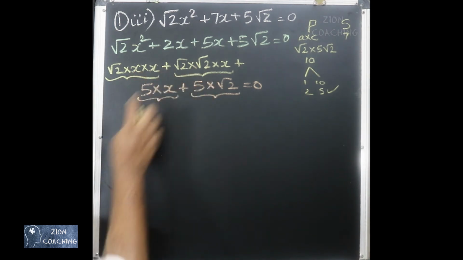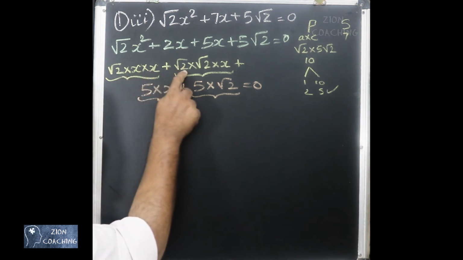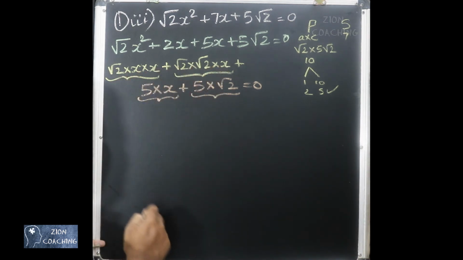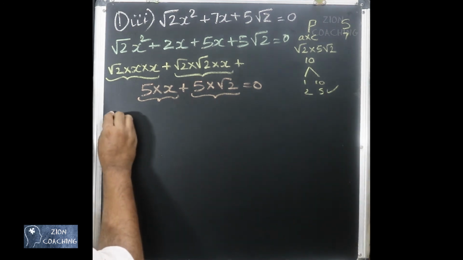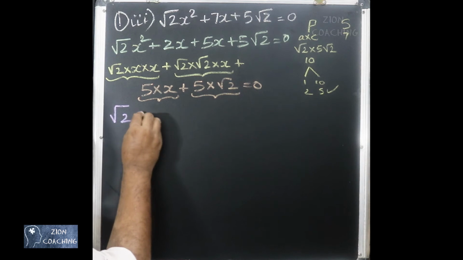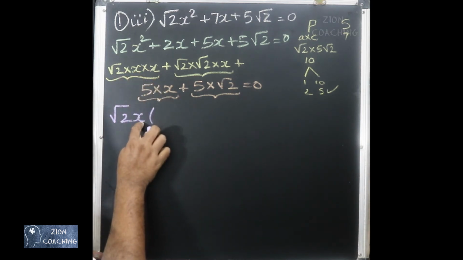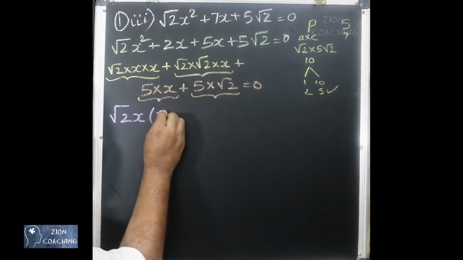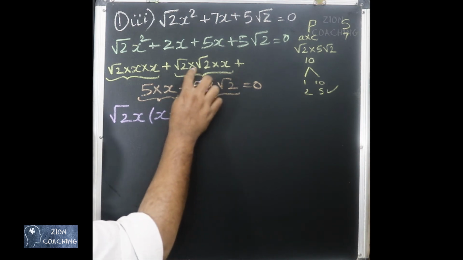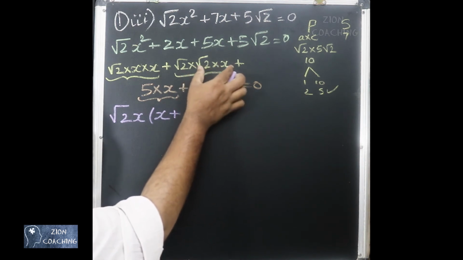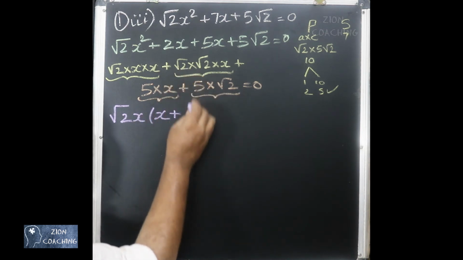When you compare the first two terms, you can see that one root 2 and 1x is common in both. So we are going to pull out that root 2 and x. When you take root 2 and x commonly outside, what is remaining in the first term is x, that plus symbol in between. When you consider the second term there, one root 2 and 1x has been taken out, remaining is that root 2.